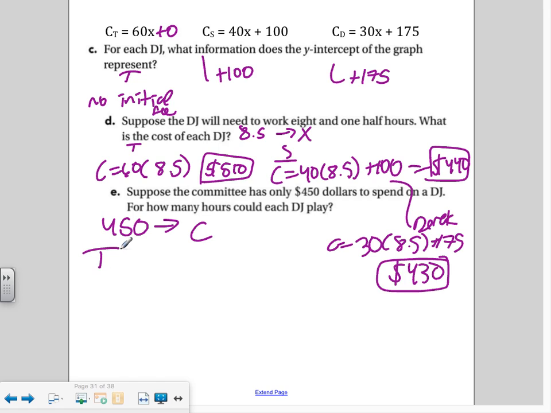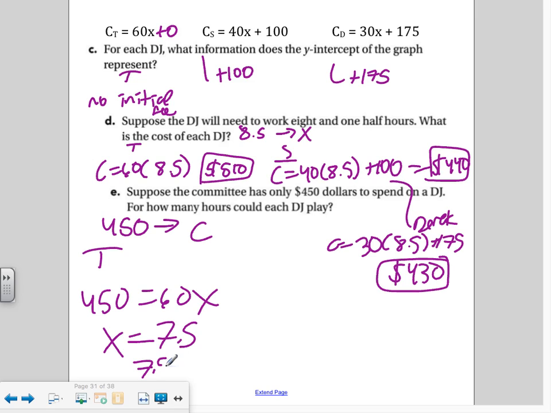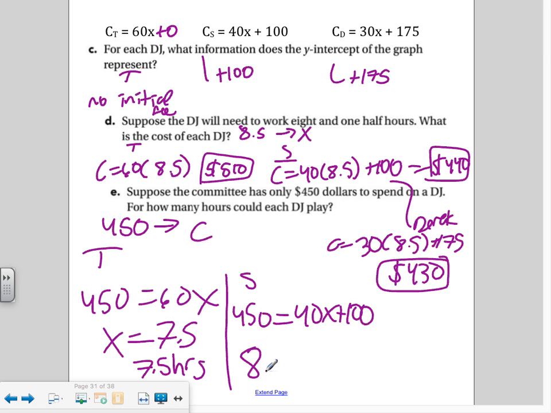So Tom, 450 equals 60x. Solving gives x equals 7.5, so they get 7.5 hours. Sabina, 450 equals 40x plus 100. If you were to solve that, you're going to get 8.75 hours. Finally, Derek,